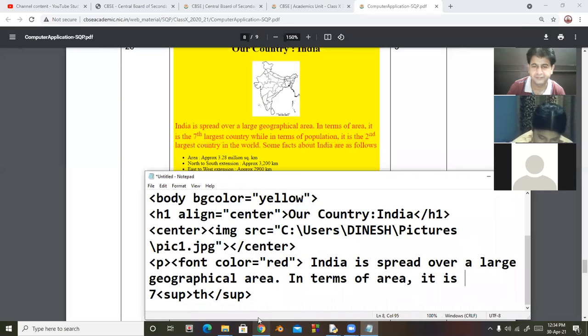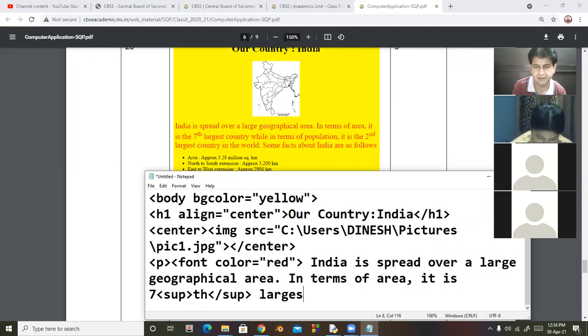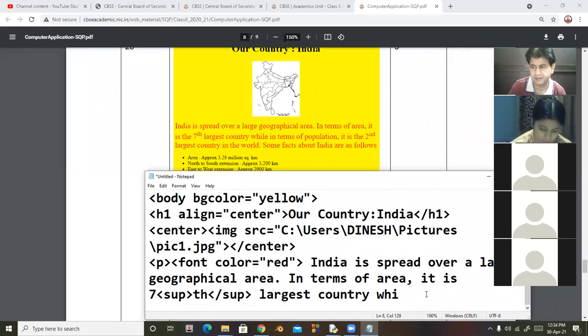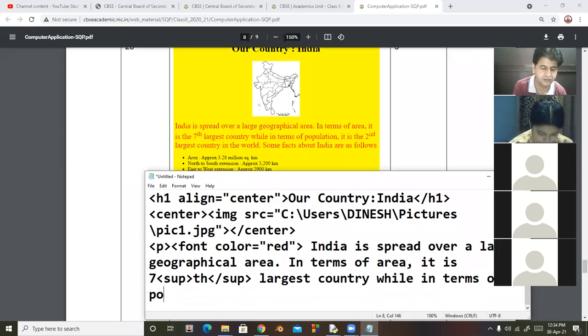After that, largest country in terms of population.